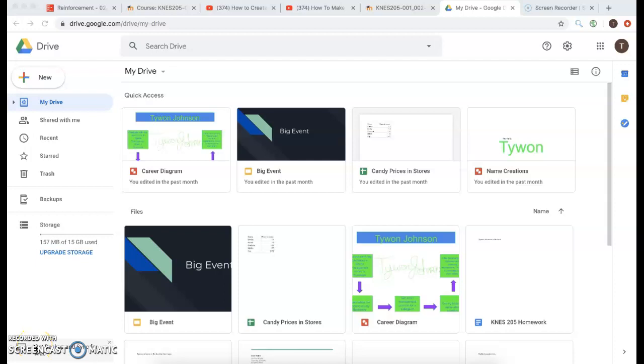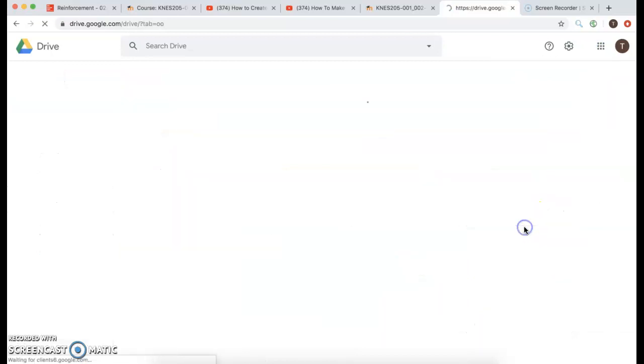Hey, today I'm going to show you how to use Google Templates. And first, of course, you log into your Gmail. What I did was go on my Google Drive,